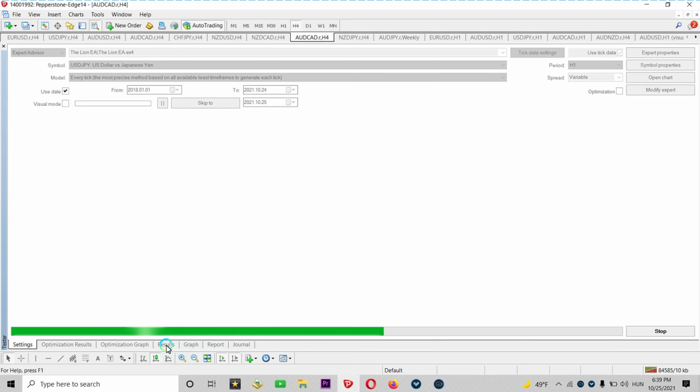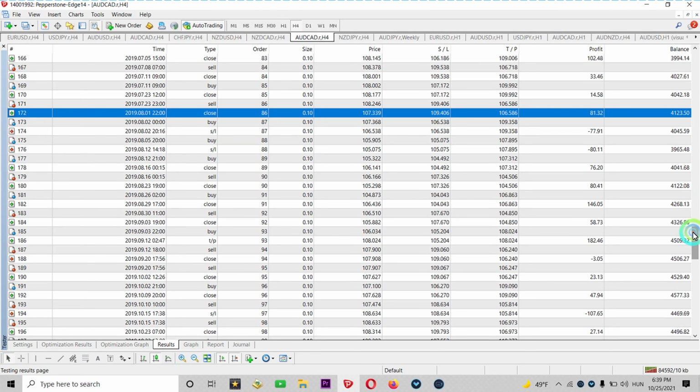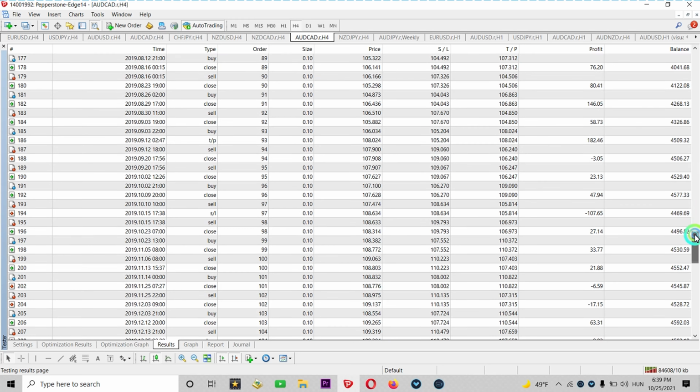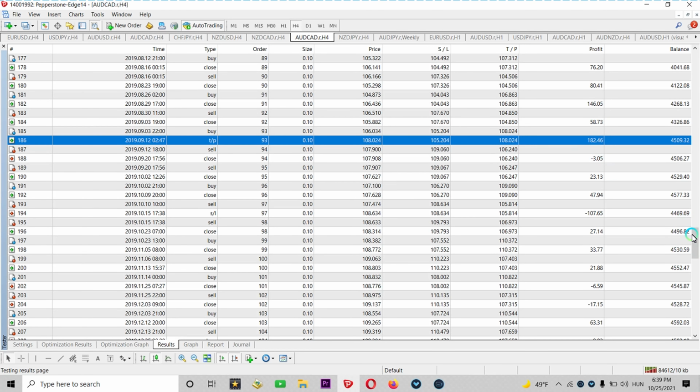It is going pretty good, and I want to just analyze the trades and what is the risk to reward ratio, what is the largest winning trade and the largest losing trade, for example,